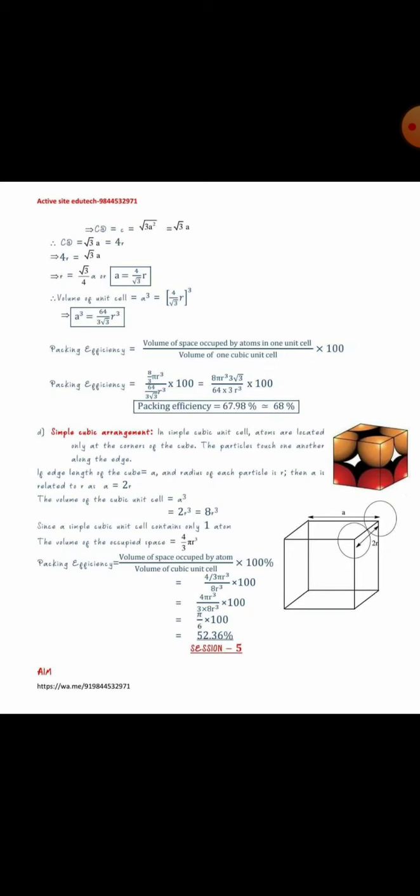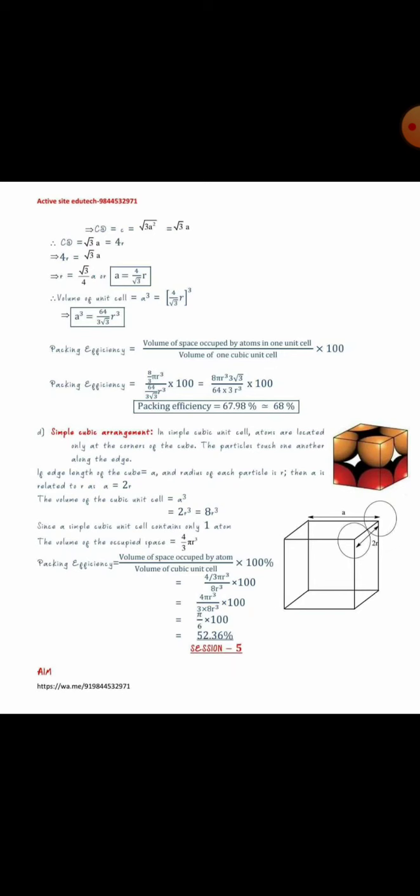So in case of simple cubic unit cell, number of constituent particles per unit cell is 1. As we treat constituent particles as solid spheres, the volume of sphere is 4 by 3 pi R cube. Hence the volume of the unit cell that's occupied by the constituent particle will be 4 by 3 pi R cube, as there is only one constituent particle in the unit cell. As one corner contributes 1 by 8 and 8 corners will contribute 1 by 8 into 8, that's 1.